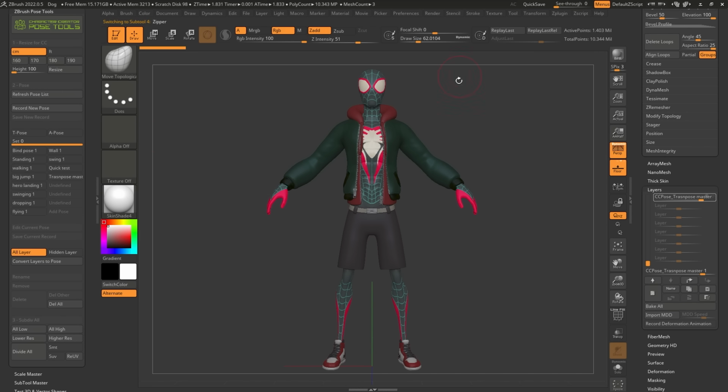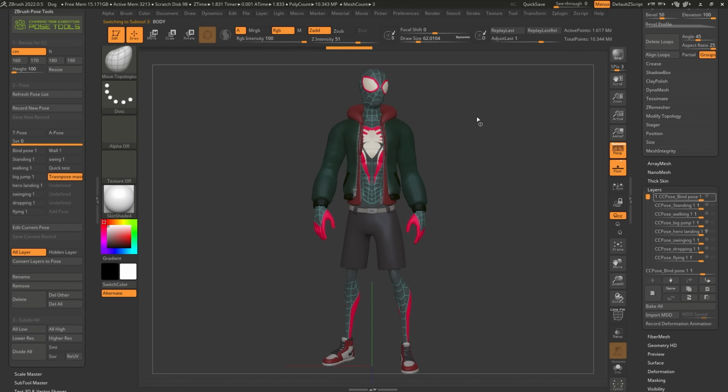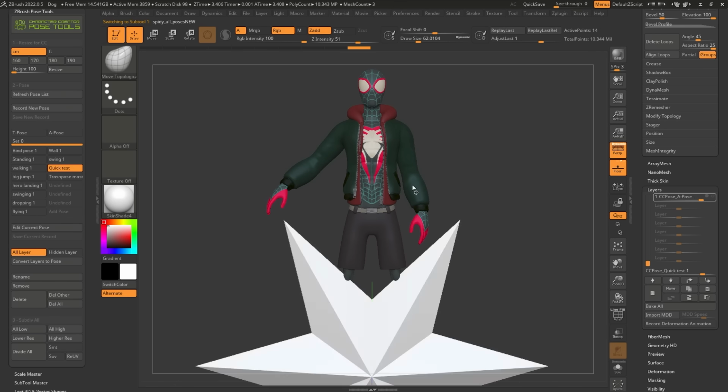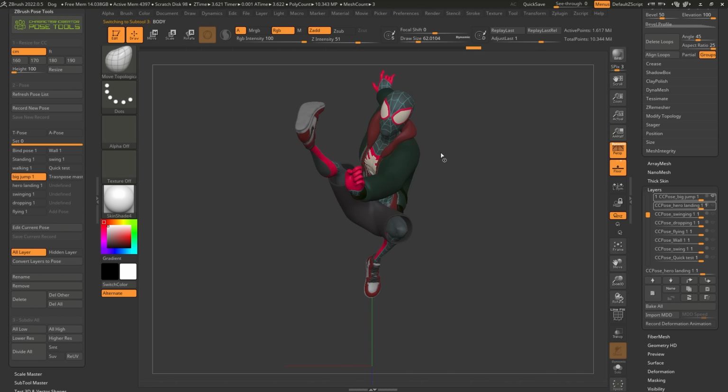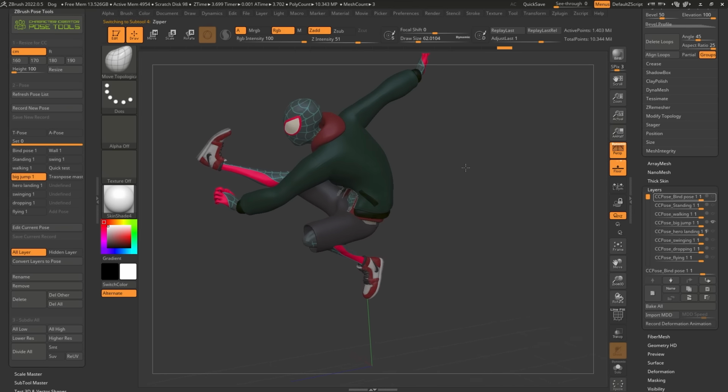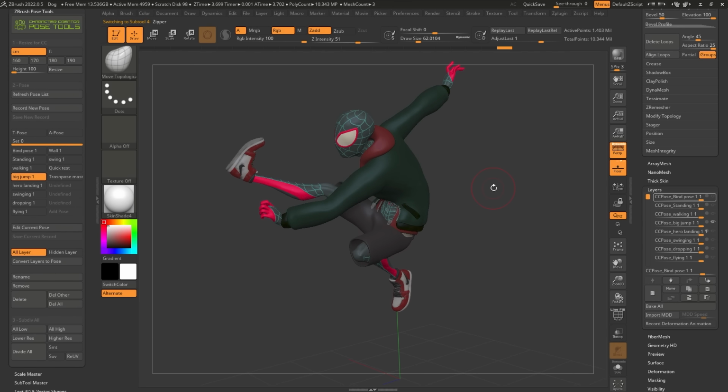And now it's going to bring back everything, and we can go back to the Transpose Master pose that we created. We can also switch to the quick test that just has one arm like so, and that sort of thing. So everything is working quite well. All right, so we have this big jump. That's another extreme pose that I created with Character Creator. As you can see, it's a pretty simple plugin, but really, really powerful to improve your workflow and work a little bit faster.